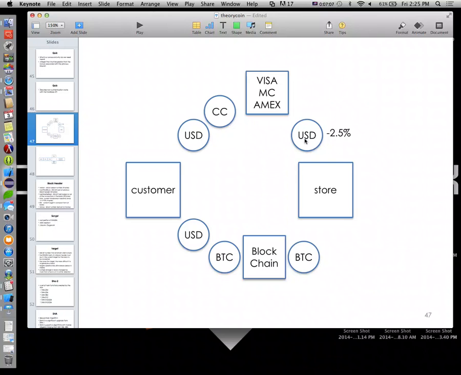Now, just so we can compare apples to apples, so to speak, we will go ahead and have this converted back to US dollars on the store side. The way the store is going to be most benefited here, assuming they trust Bitcoin, is to leave it as Bitcoin. But we're going to go ahead and convert it back to US dollars just so we have a good comparison here. Okay? So, using Coinbase,